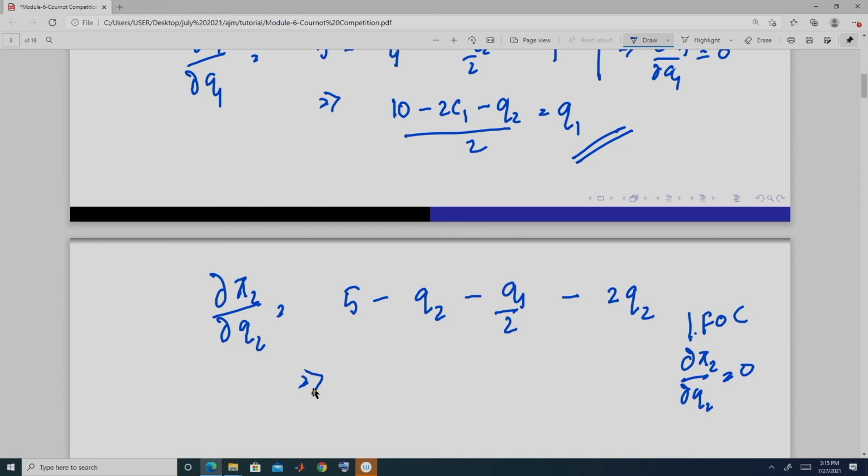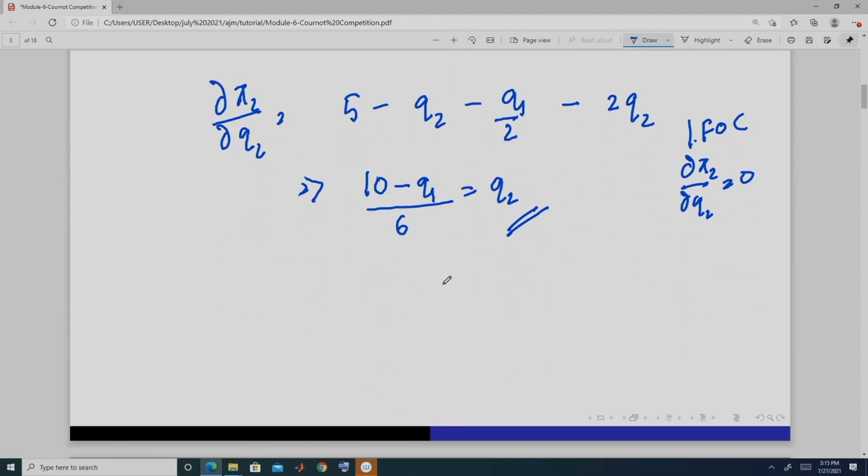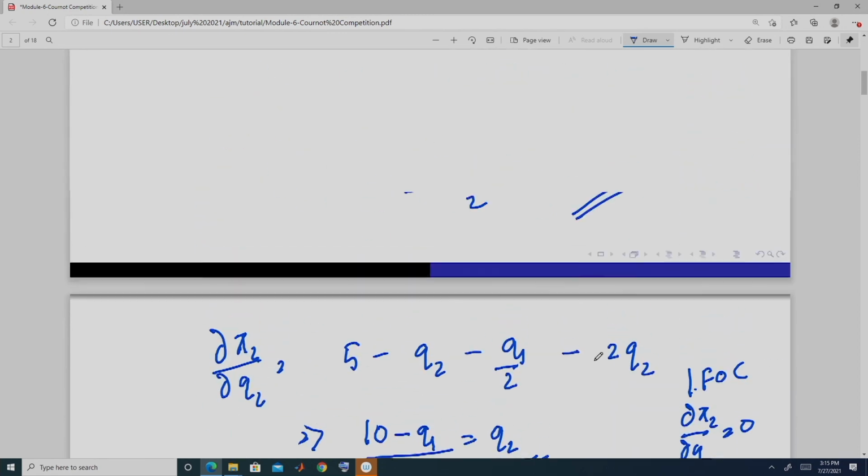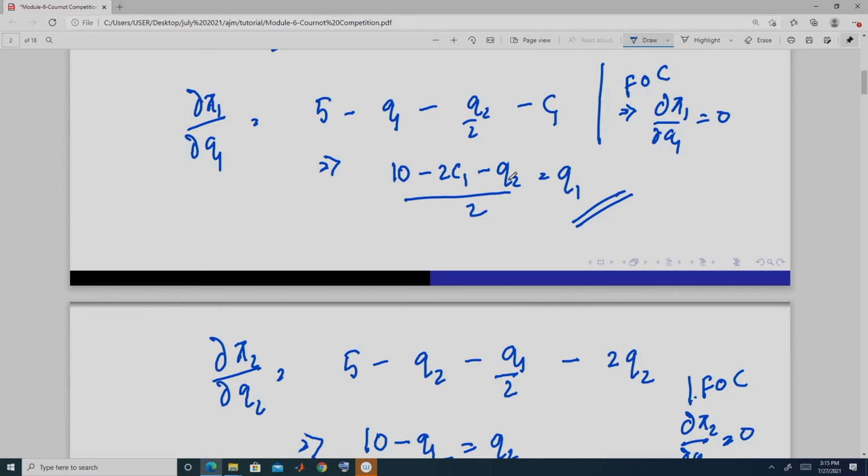So, this is the reaction function of firm 2. Now, if we plot these two reaction functions, so this is